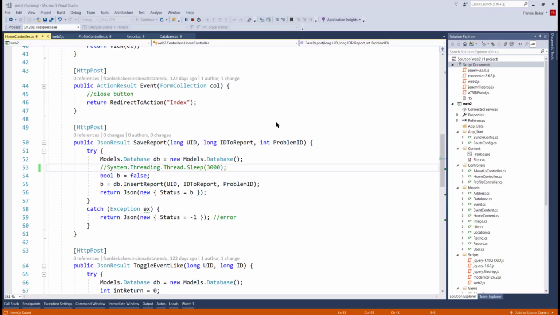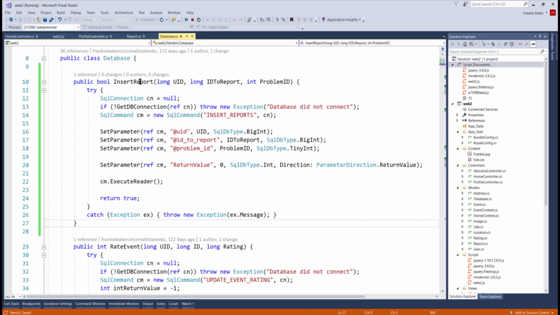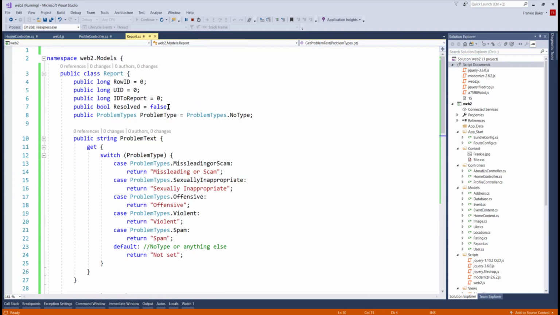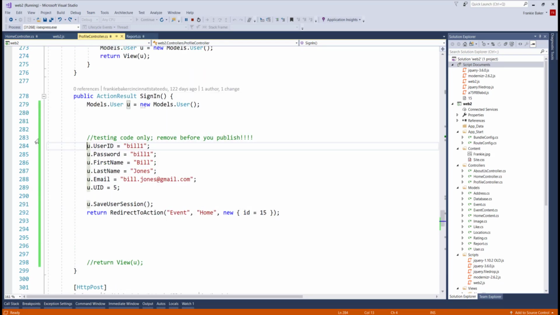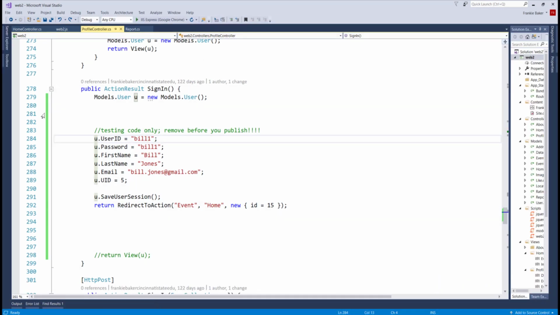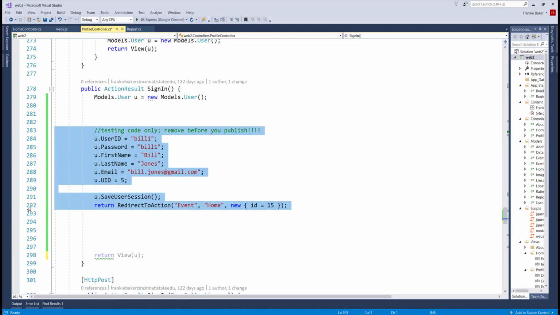Okay, just a short recap. So we added a new table into our database. We added a new stored procedure to be able to get the data, or actually put the data into the database table. We had a new database method, right, that executed that stored procedure that puts the record into the table. We added a new class, right, the Report.cs, because we needed properties to be able to set things. We added this test code. So again, let's go ahead and take that code out now. We no longer need it. Now I'm going to use it for some other videos. So I'm going to leave this stuff in, but I don't want you to leave it in. Your code